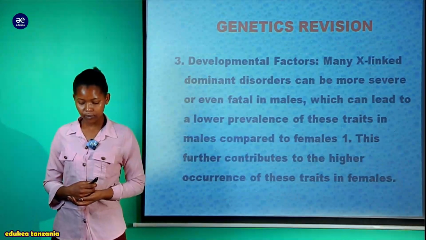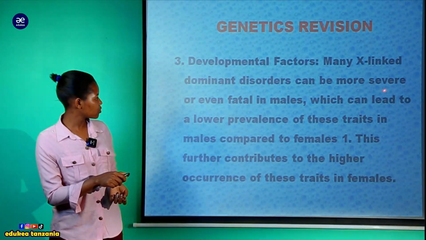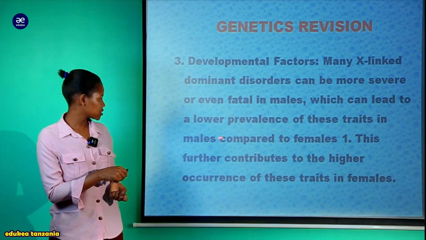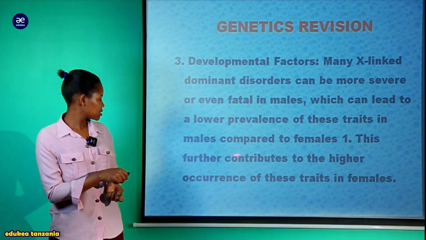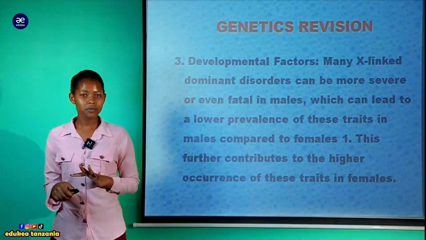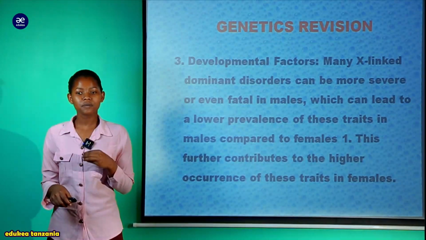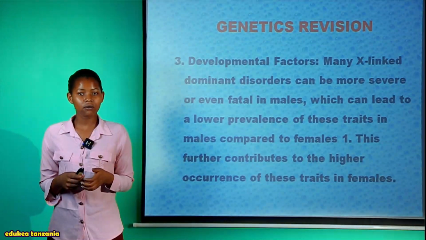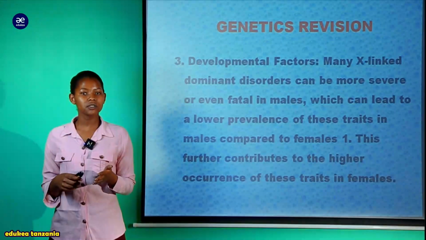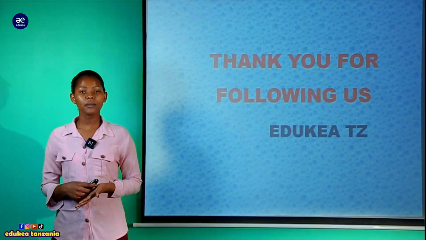This is another reason. Also, developmental factors. Many X-linked dominant disorders can be more severe or even fatal in males, which can lead to a lower prevalence of these traits in males compared to females. And this further contributes to the higher occurrence of these traits in females. We are talking about those sex-linked traits that can lead to death. It means they can express themselves or be very fatal in males because they possess a single X chromosome, and if he acquires it, he can perish and we are left with only female children. And by reaching here, my dear students,